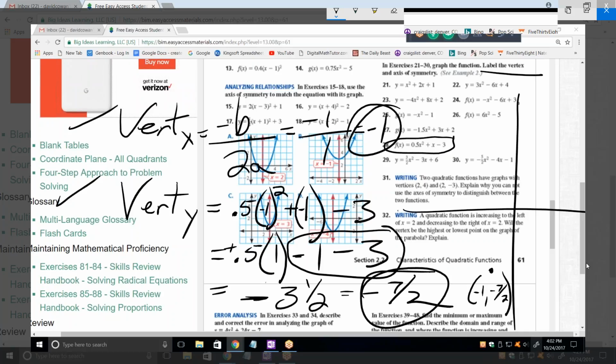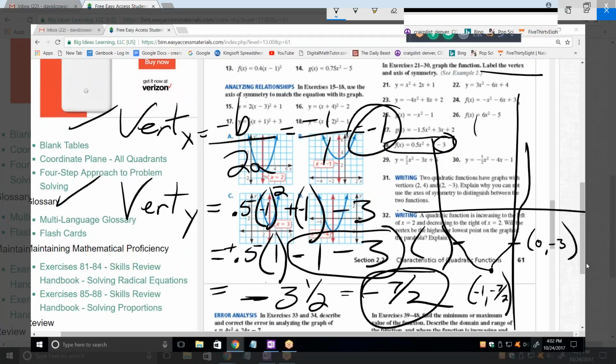Up. What's the next easiest point to find on this parabola? Is it the y-intercept or the x-intercepts? The y-intercept. The y-intercept's always a piece of cake. It's whatever that number is. So it's -3. So that coordinate is 0, -3, and that lets us draw our parabola, because we know we are symmetrical about that, right? So this point over here,